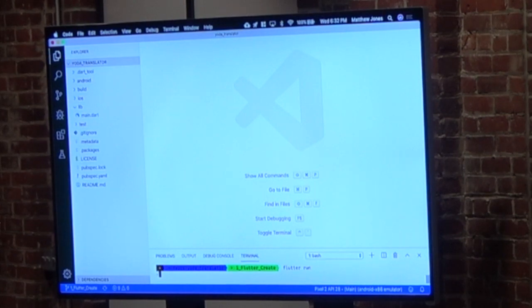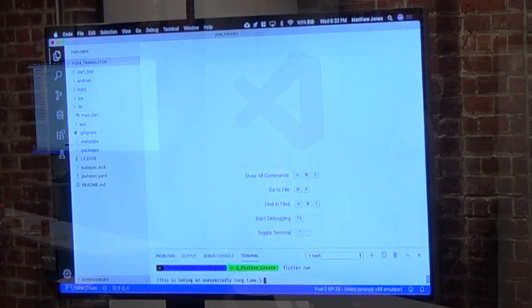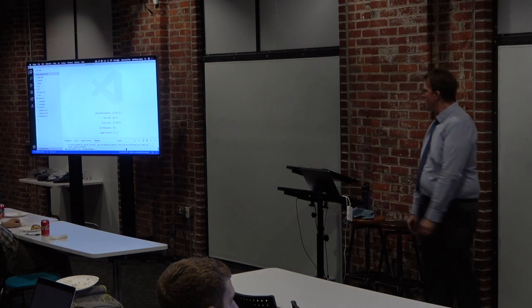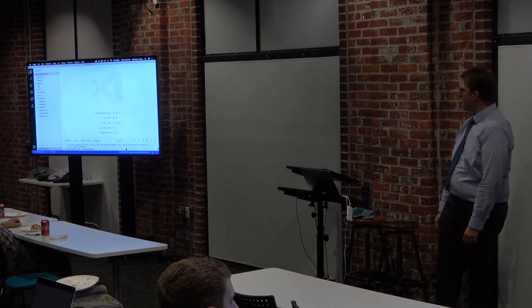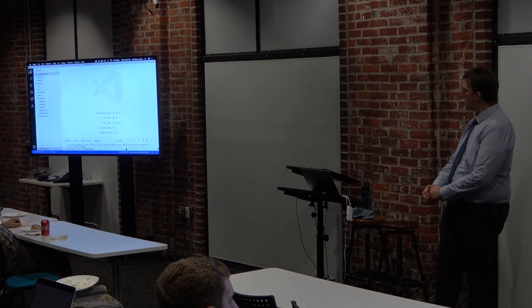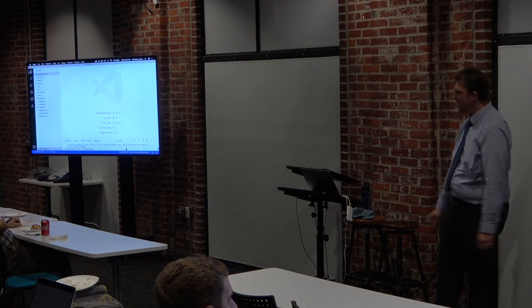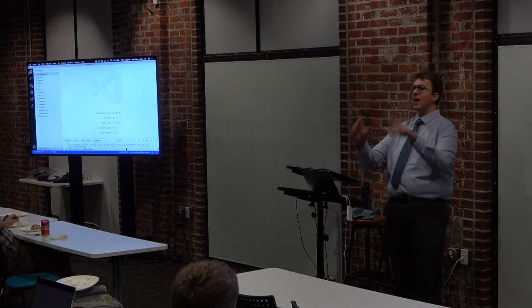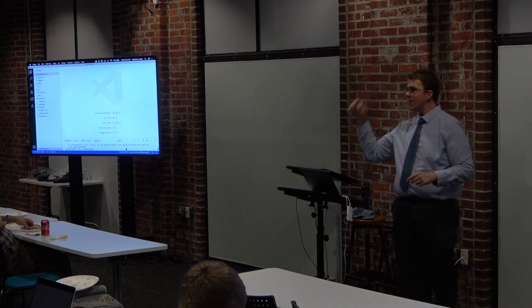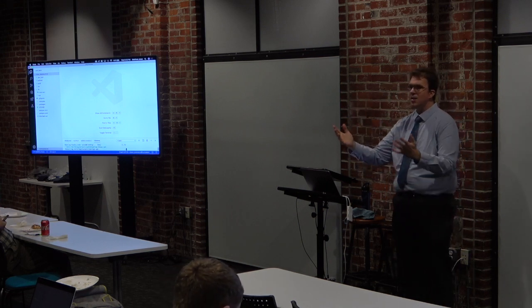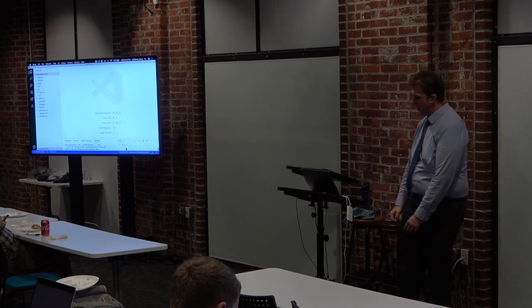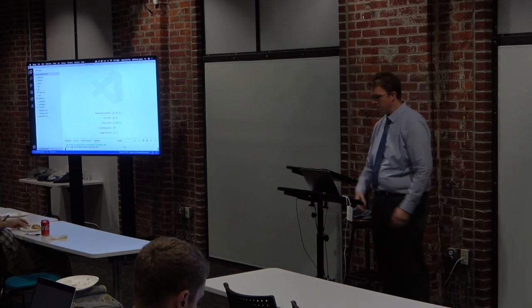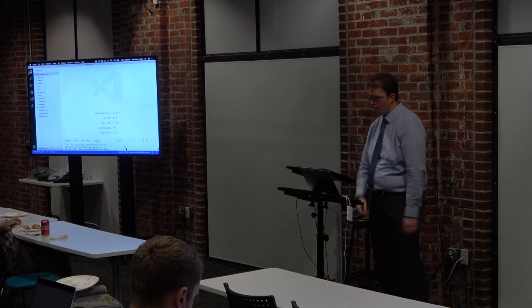So we're just going to go ahead and fire up the demo app here. It's going to go ahead and compile it, and it's going to fire up on the Android emulator that I've got running on another screen here. So bear with me for a second while it does this. This demo app is really, really simple. Literally all it has is a counter and then a little button on it. Every time you hit that button, it just increments the counter. But it's to give you an idea of basically the way a Flutter app is built.